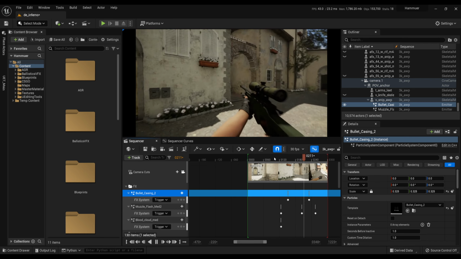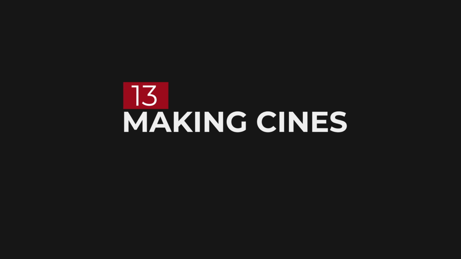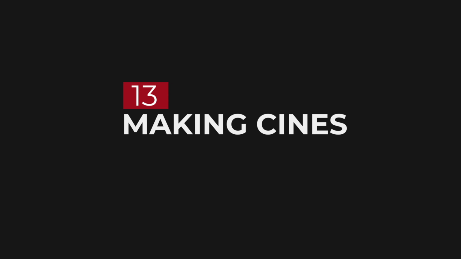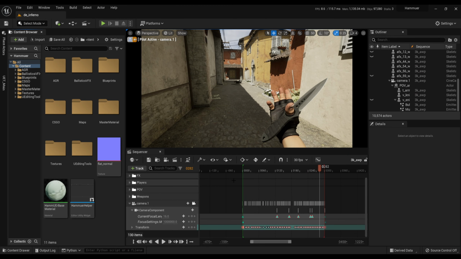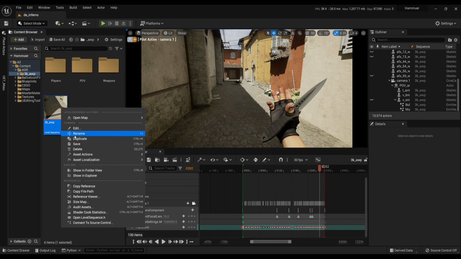This POV now looks good to me, and I can record my science. To make sign, you have to duplicate POV sequence first.